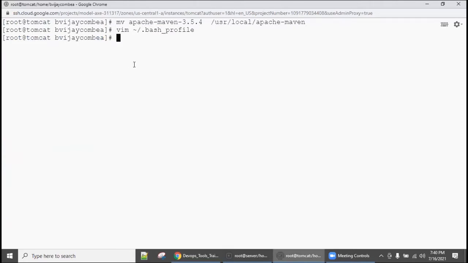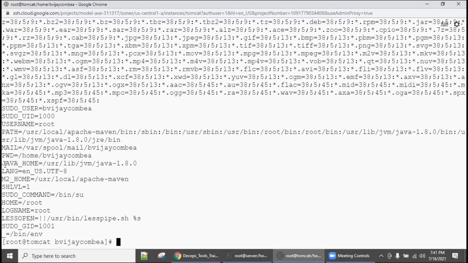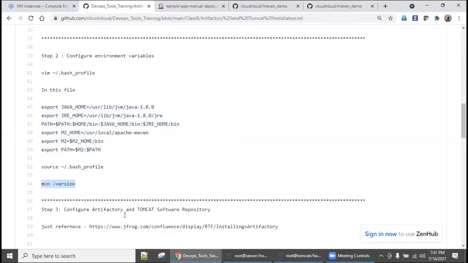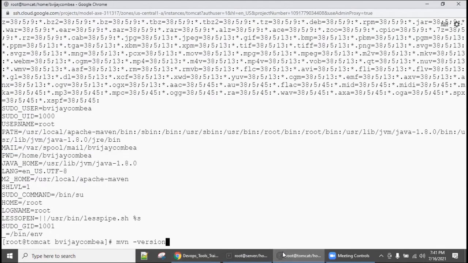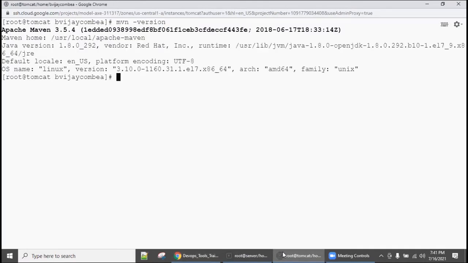I don't want to log off and log in, so what I'm doing is running source on the bash_profile. If you want, you can verify the environment. So it got loaded. Normally it loads whenever you log off and log in, but I don't want to do that, so it's simple, you run source. Now it's exported. If you run java version and mvn version, the commands will work, because everything is now in proper environment variables.